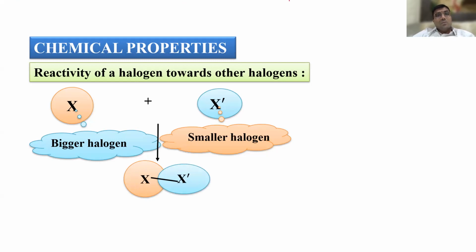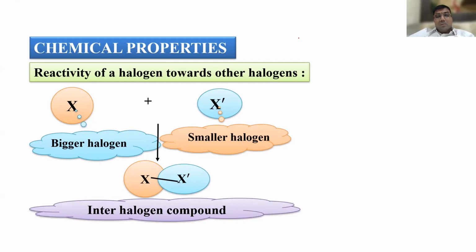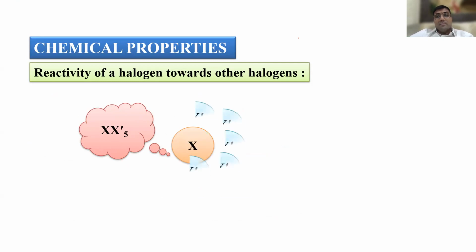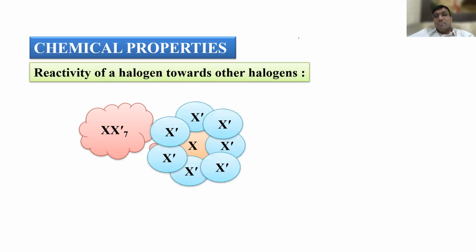Yeah. So students, this is what an interhalogen compound is. Similarly, the XX'3 type: how does it form? Naturally, this is X X'3: ClF3, BrF3, IF3. Then XX'5: BrF5, IF5. This is how these will be. IF7 is the only compound of its type, with a pentagonal bipyramidal structure and sp3d3 hybridization.